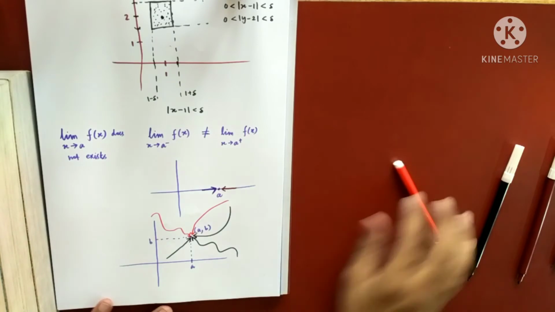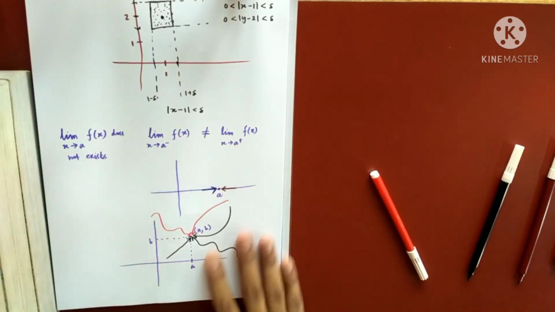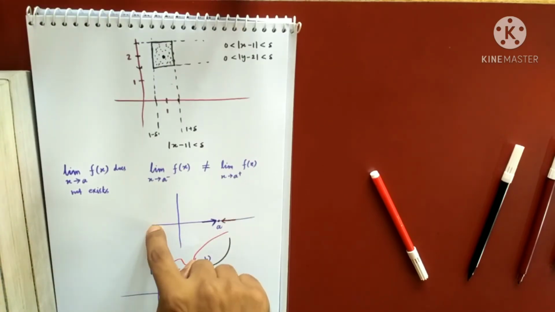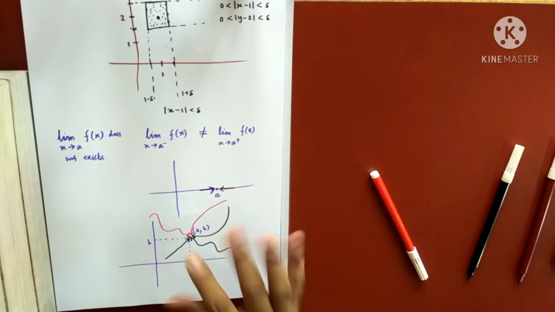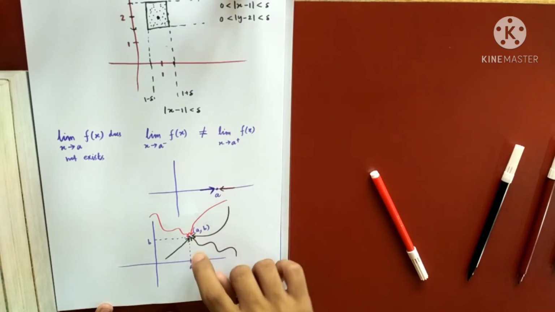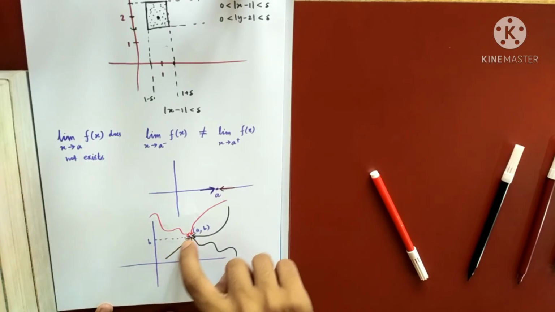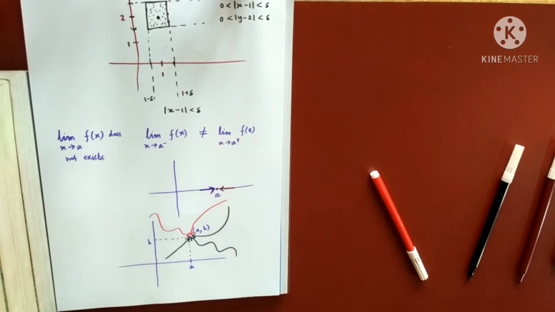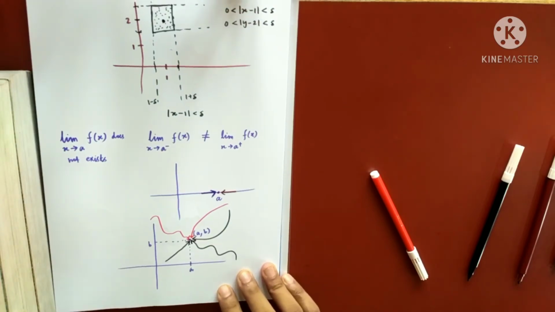But this time this whole thing is my domain, possibly, or a subset of R2. So there I have to be on this line, but here there is no such restriction. I can approach this point using this path, or this path, or this path, and so on. Are you getting my point?